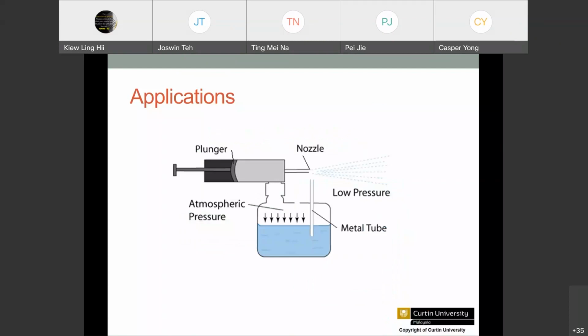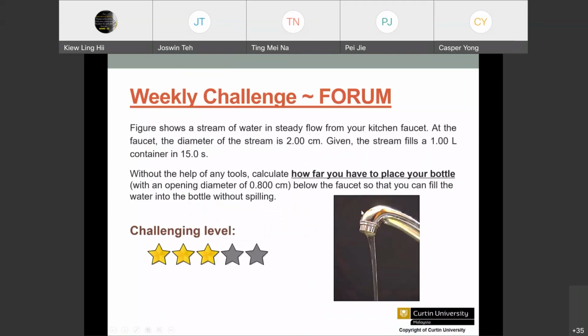And also the nozzle. How do you spray things out? I would like you to take a picture of this question, and we shall discuss it during our tutorial section. Just take a picture of this question. Application of the Bernoulli principle, and this is by elevation. Have you done taking the question?